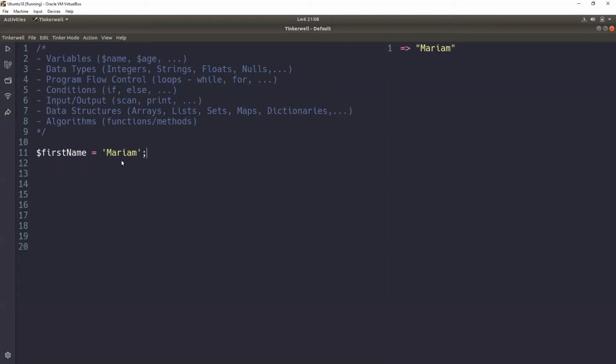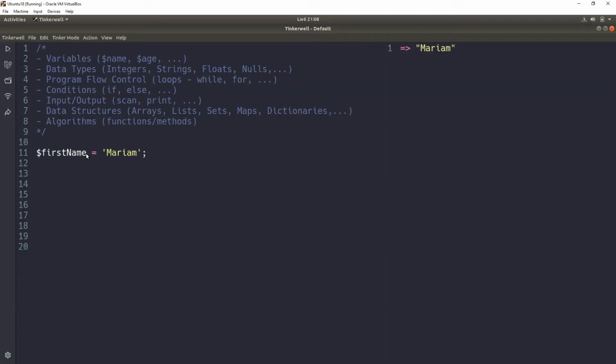When I say you write in PHP, there is something called a variable, and a variable is like a storage place where you keep your values. For example, we have a name, and the name is Mariam, and we want to keep that name in our RAM.